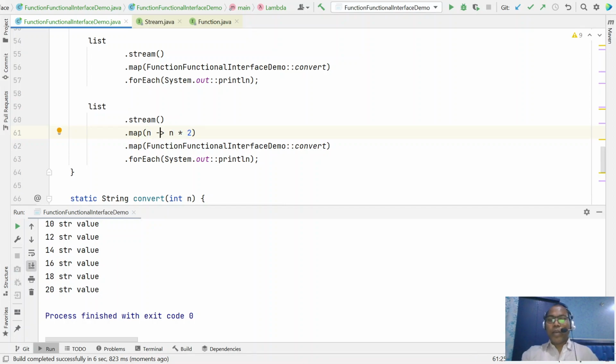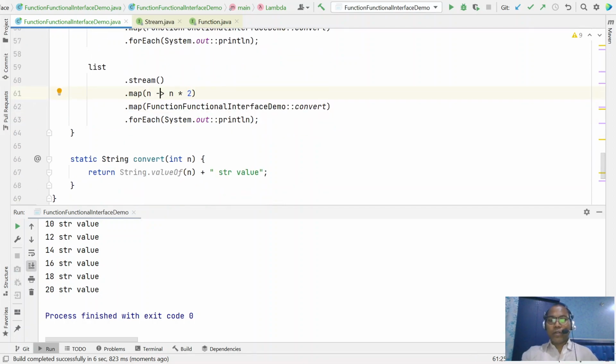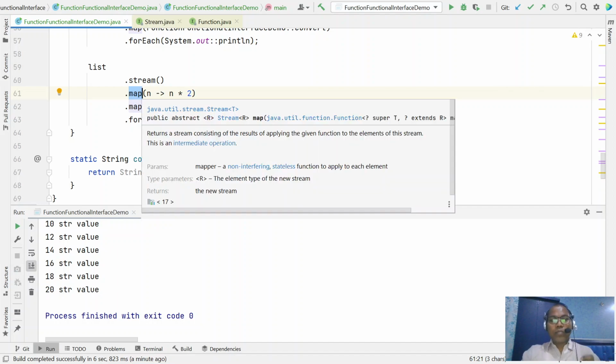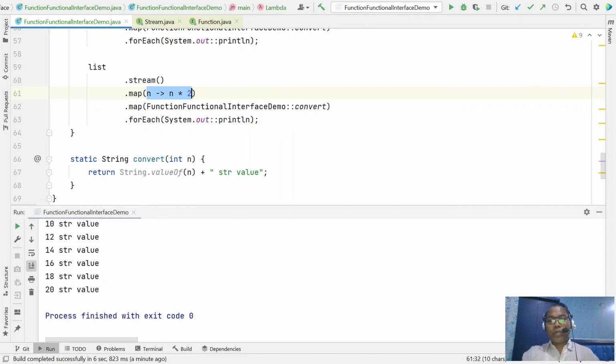Or if you have any method that follows the same sequence of input type and output, you can use that method name. So using a method reference or a lambda expression, for any method that expects an input type that is a functional interface with a single abstract method, you can pass the single abstract method definition with a lambda expression or method reference. That is the simplest way.